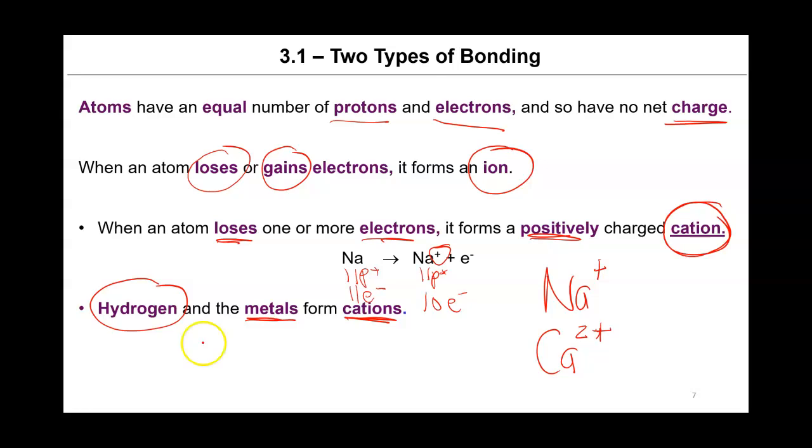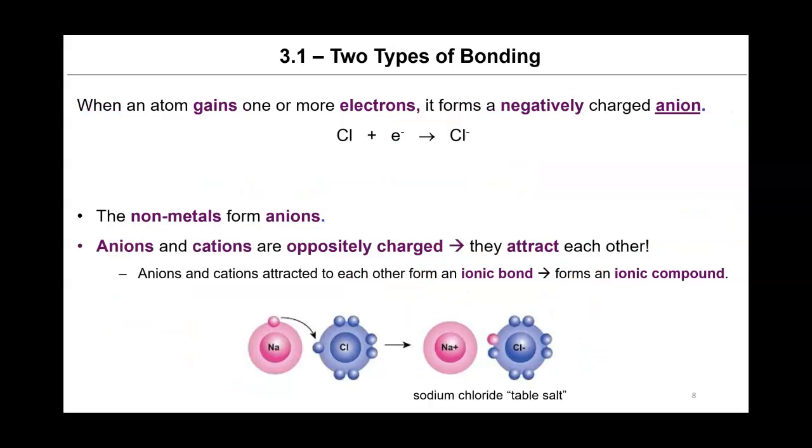So you can remember that cations are positive by thinking about cations being positive, because they are cations, right? Okay, cool. If an atom gains one or more electrons, it will form a negatively charged ion that